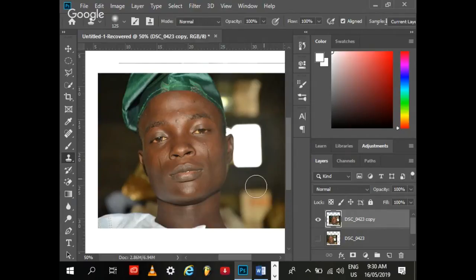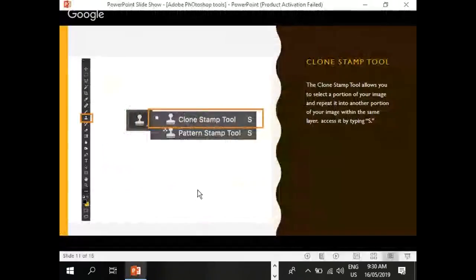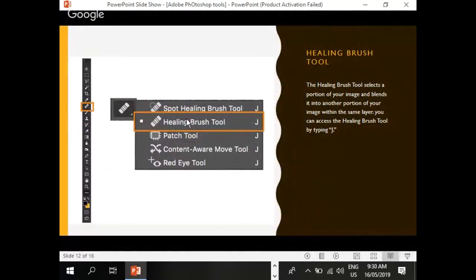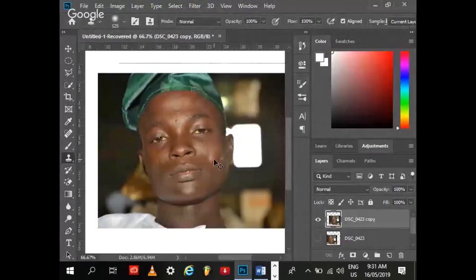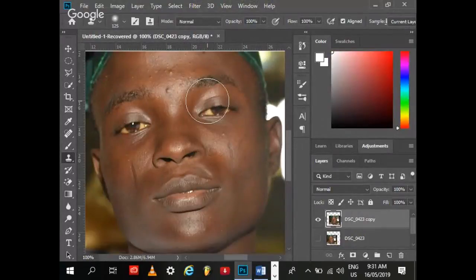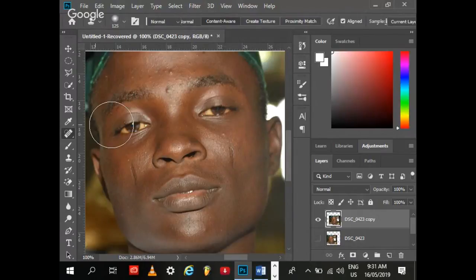So we have the next one. We have the healing brush. The healing brush is just like the hospital in Photoshop. It removes every sickness in an image. So for example, let's take this guy here. You can see his face looks very rough, with pimples around it. With the healing brush, reducing the size of the brush, I can just clear the pimples on his face,